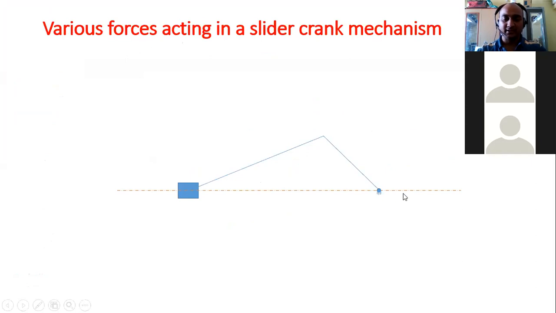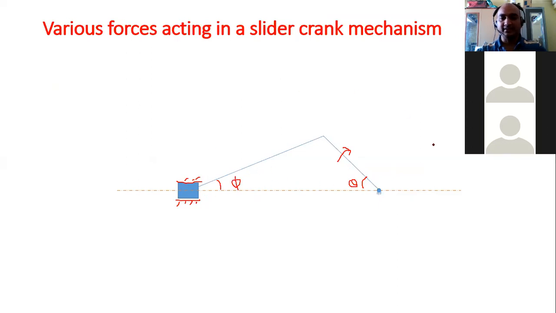You can see this figure. This figure is very simple. It is of a slider crank mechanism. Here, this is the piston, and this piston can move to and fro along this center line. So this is the line of stroke of the piston. This is the crank center, or you can say the bearing on which the crank is mounted. Let us say this crank is rotating in the clockwise direction, making an angle theta with inner dead center, IDC. Let us consider that another angle is phi. There is a relation between theta and phi that we are going to see.